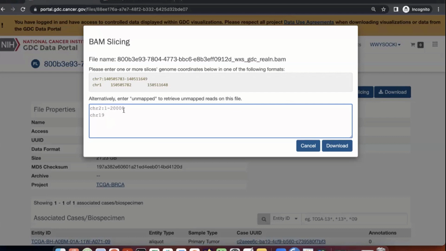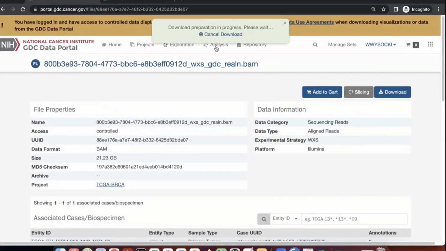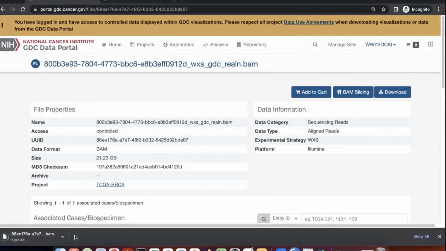After I'm done here, I will click download, and this will bring up a preparation window, and you should see, starting in the bottom left, a download will start. So give that a few seconds. These can be pretty big. And what I'm going to do is cancel this so that it doesn't interrupt the presentation later. So going back to the presentation,